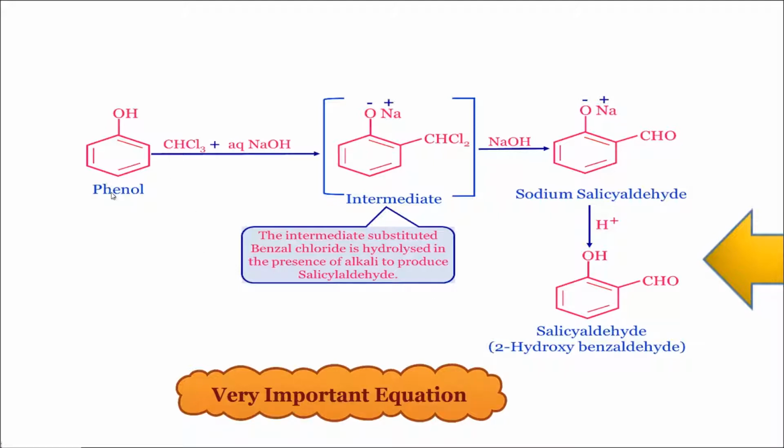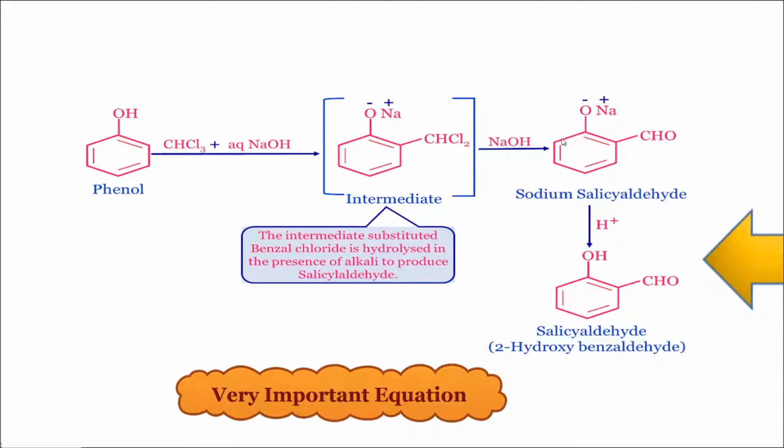We'll go through the equation once again. This equation has to be written in the exam to get the complete 3 marks. Reimer-Tiemann reaction will be a question for 3 marks. Phenol C6H5OH treated with CHCl3 chloroform plus aqueous NaOH sodium hydroxide results in the formation of reaction intermediate, wherein you should attach to the benzene ring ONa, and in this position CHCl2, then show it is further reacting with NaOH resulting in the formation of sodium salt of salicylaldehyde.